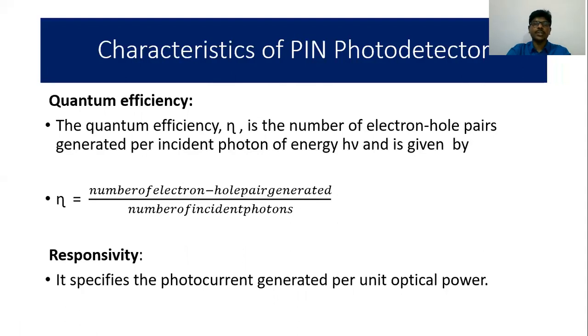So in this lecture, we have studied the working of a PIN detector. It's a normal PN junction with the I region in between so that the width of the depletion region will increase. It is reversed biased as we have seen, and the external energy will come and fall in the depletion region wherein bonds will break and there's a motion of charge carriers. So basic principle on which this works is internal photoelectric effect. This is the working of a PIN detector.